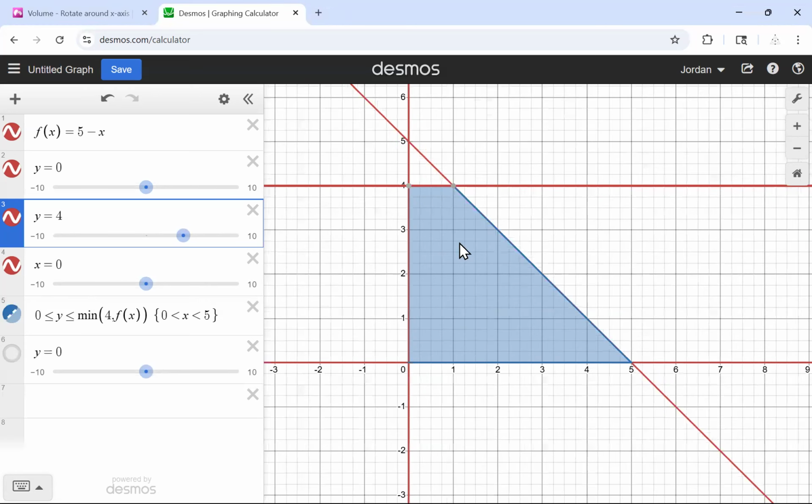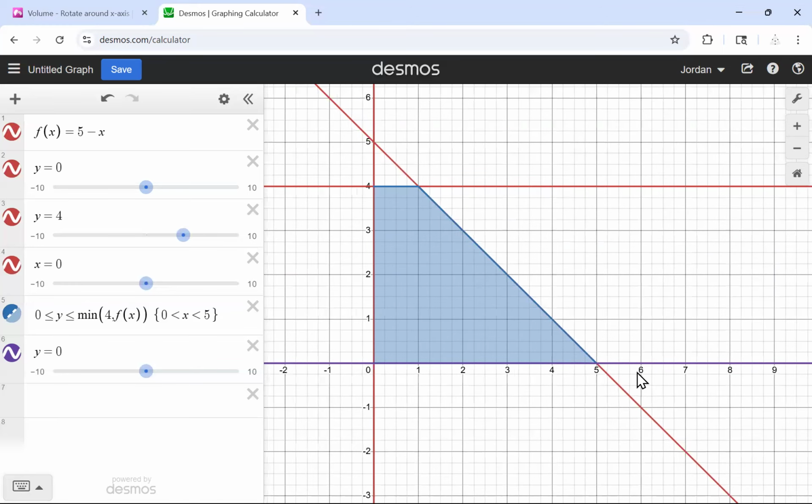This is the region we're looking for. This is the only one that has all 4 of those as part of its perimeter. This is also bounded, but it only has 3 out of the 4 lines as the perimeter. We are going to rotate around the line y equals 0. In other words, the x-axis. Now you'll notice that on this one, I don't have a huge problem,